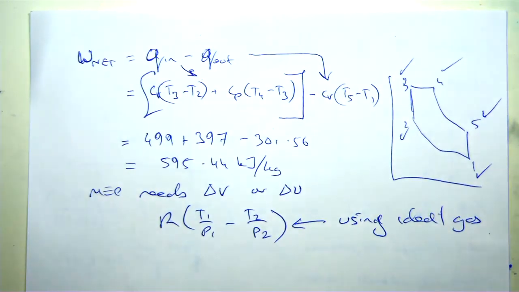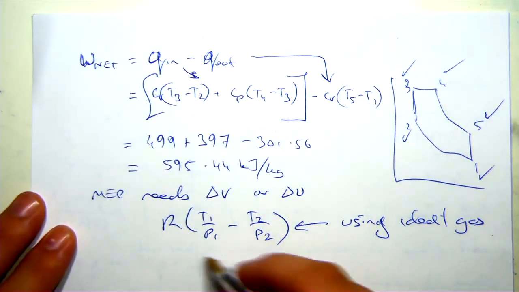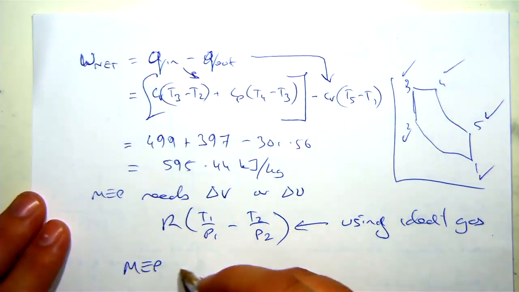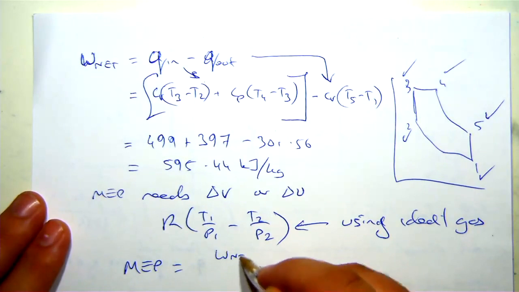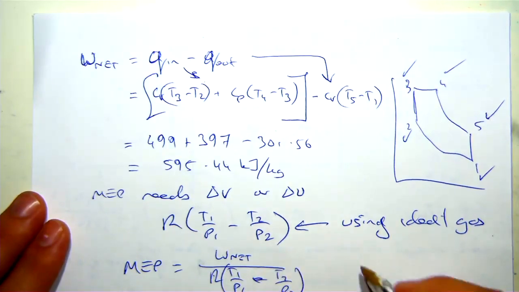So I'm sitting there going, how on earth do I get specific volume? Do I need to calculate it? Yes, I need to calculate it. I've got PV equals RT, and I've got my P's and T's all over the place, so I should be able to get my V's. So that's what happened there. And if I put all of those into this great big MEP equals net work over R T1 on P1 minus T2 on P2, I should be able to solve this for 626.8